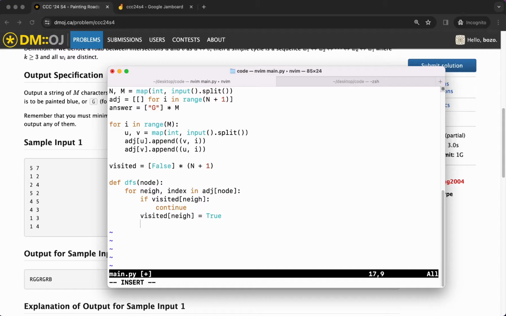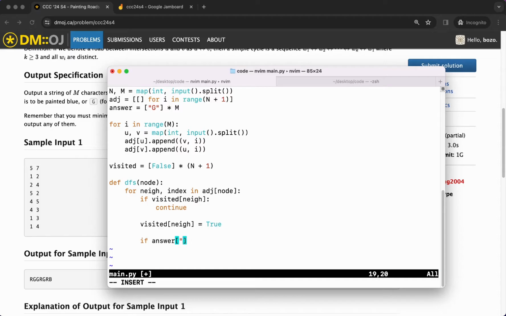And basically we want to check if this edge has been already processed. So I think this might happen. I'm not sure if it will, but we are just going to cache this in case this happens. But basically we just do if